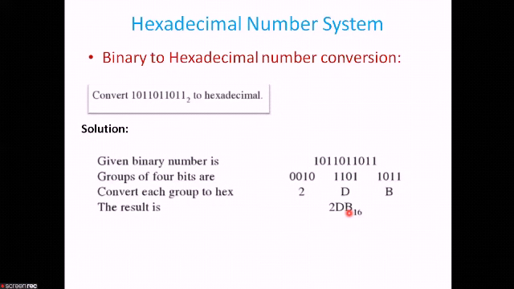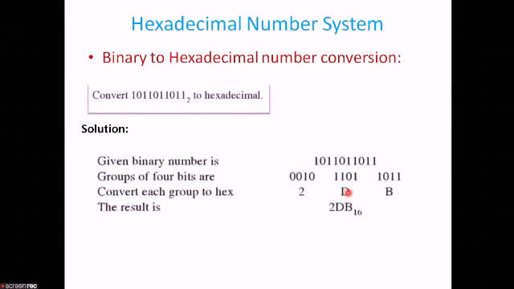Next, one thing you should remember is the normal sequence of numbers in hexadecimal. It starts from 0, 1, 2, 3, 4, 5, 6, 7, 8 and 9. When it is 10, it becomes A in hexadecimal. 11 means B, 12 means C, and 13 means D. Then 14, 15, so we can get the numbers from 0 to 15.